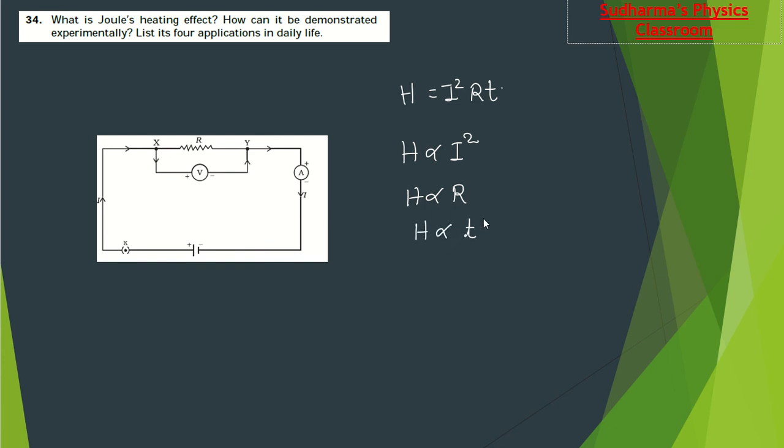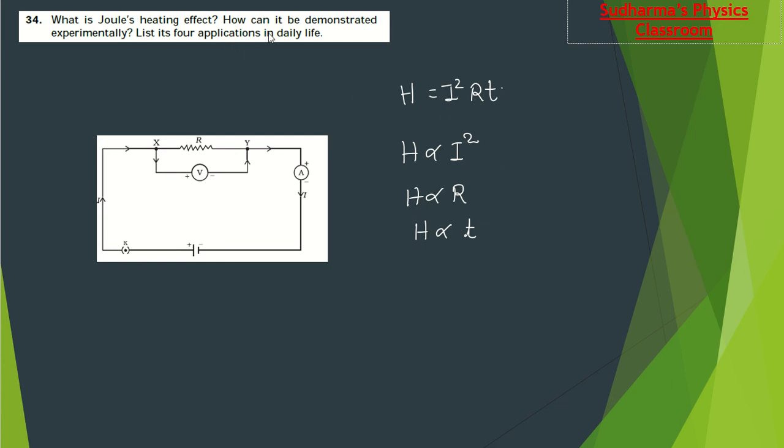Okay, so how much time this current flows through the conductor. So resistance we can change and try. You initially use a less resistance wire, then use a more resistance wire. So in both the cases, observe. See, in some cases we can even touch and feel it, but we need to be very careful while dealing with electric current. So list 4 applications in daily life.